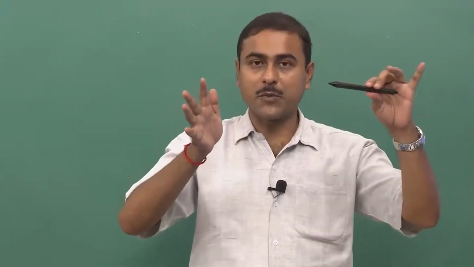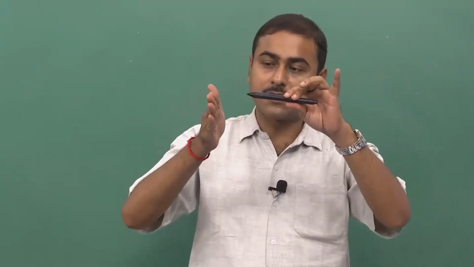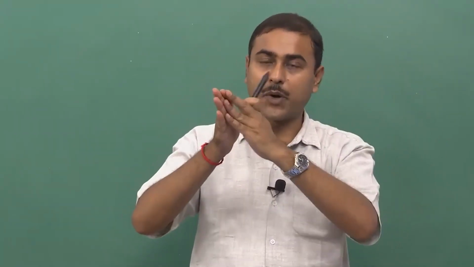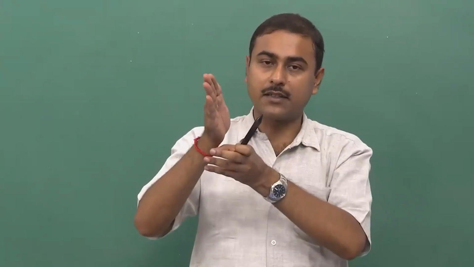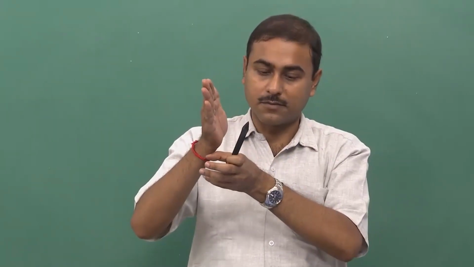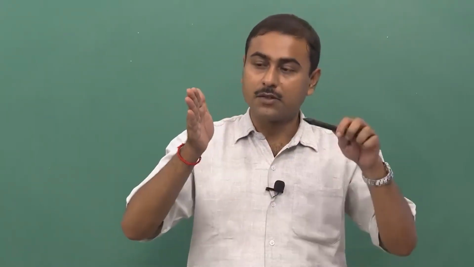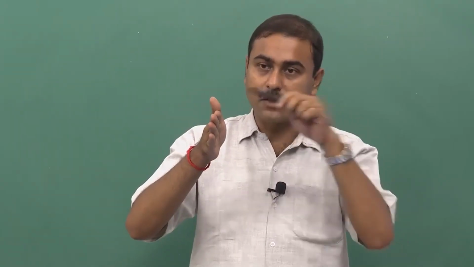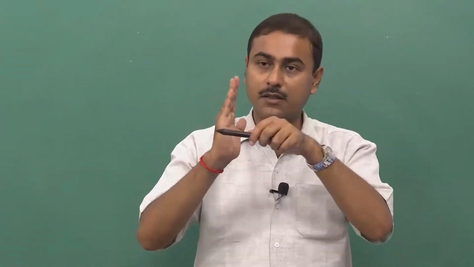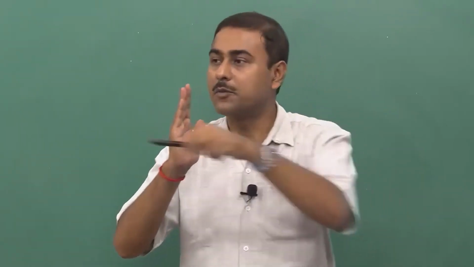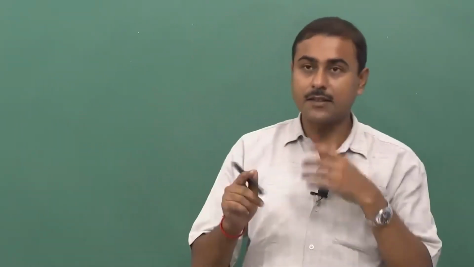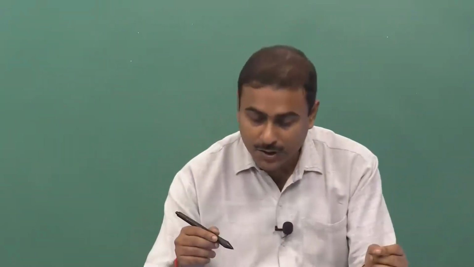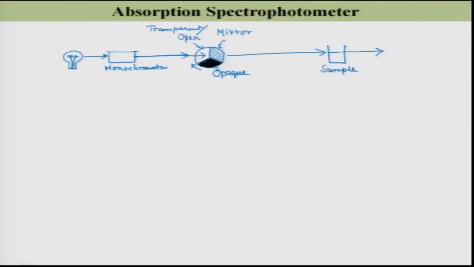So, this is the incoming beam at some time. Let us say this is the opaque part, this is the mirror part, and this is the transparent part. So, when it touches the mirror part, it will be reflected back, and when it touches the transparent part, it will pass through, right. So, let us say we have made the system in such a way that it will be reflected along this direction,